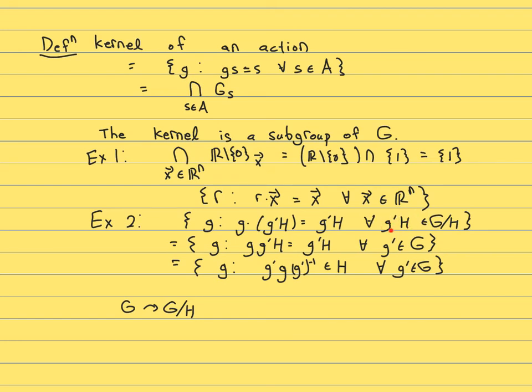Now, of course, one way to index coset representatives is to just run through all group elements. That makes this identity a little easier. And then by definition of cosets, these two are equal if and only if this conjugation operation lands in H. So the kernel is all group elements in G such that when you conjugate by all other group elements in G, you land in H, which is